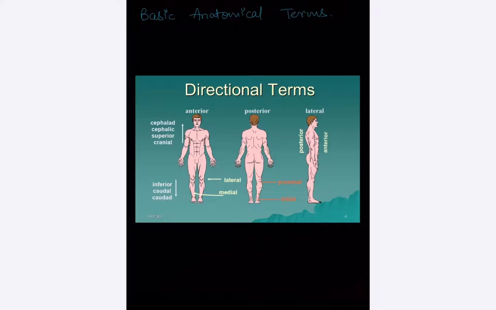The anterior view. The view at which you could see the eyes, the nose, the lips. The posterior view, which is the back view, and the lateral view, the side view. Now, the anterior view in medical terms is also called the ventral view. In simple language, it is called the front view. And it's all one and the same, that is anterior.